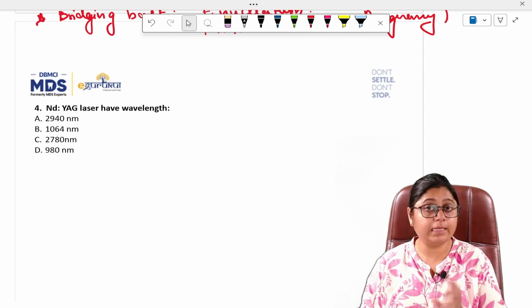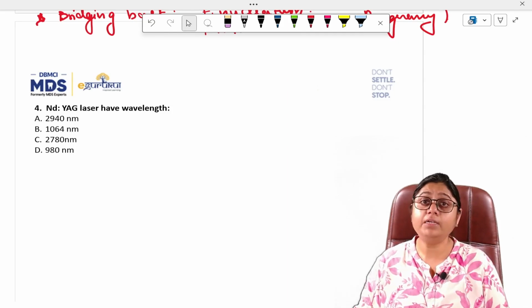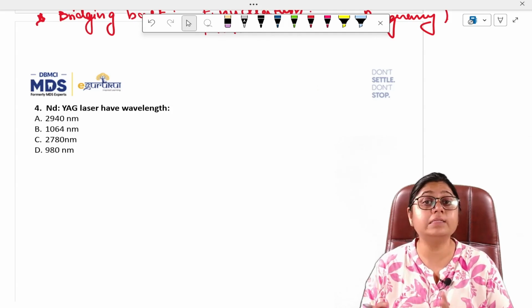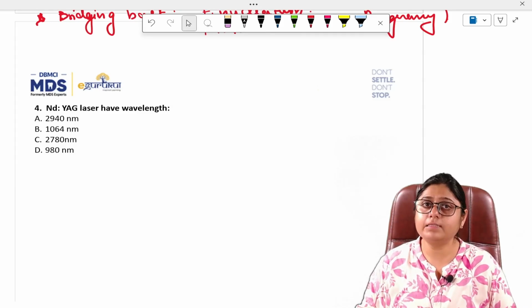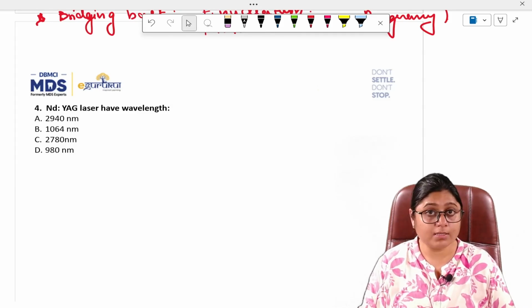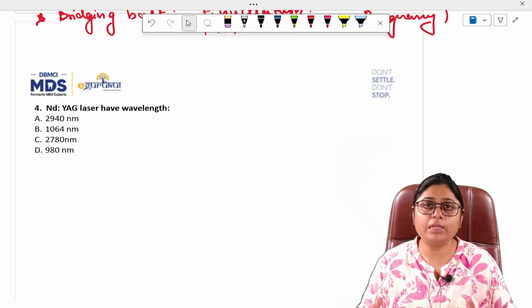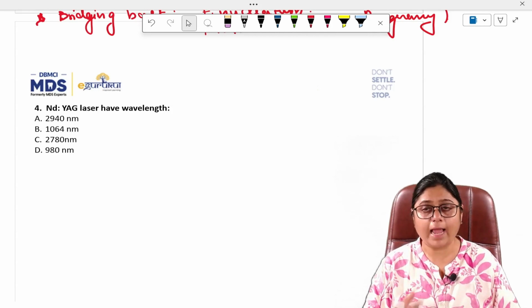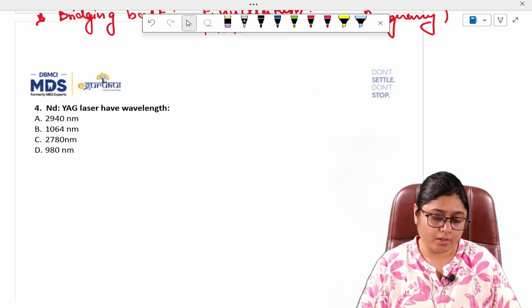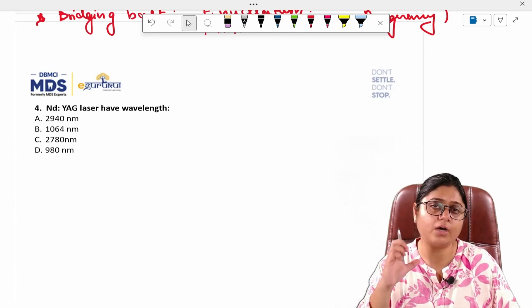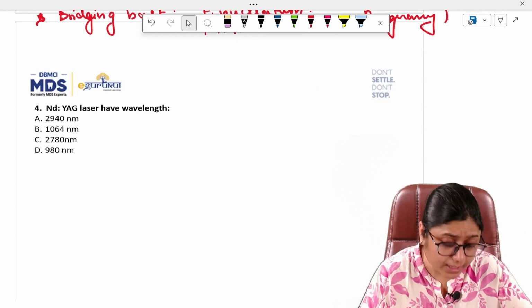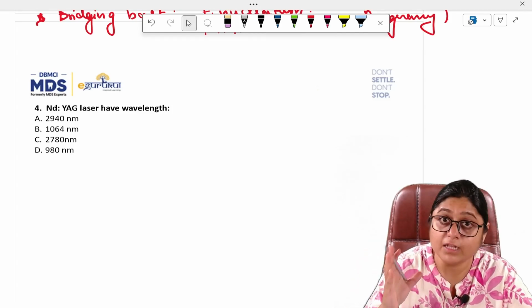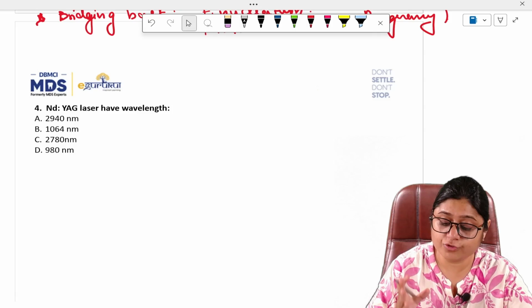So you should have a basic knowledge about lasers. I have discussed this laser topic in detail in live sessions as well as in recorded sessions, guys. So if possible, go back and have a look at the laser topic very nicely, because we don't know that much about lasers in our undergraduation, and questions are asked now. So you should have a brief idea about the functioning of laser, the different wavelengths and their functions as well. Okay, so the different wavelengths of lasers that are used for periodontics, for soft tissue surgeries, for hard tissue